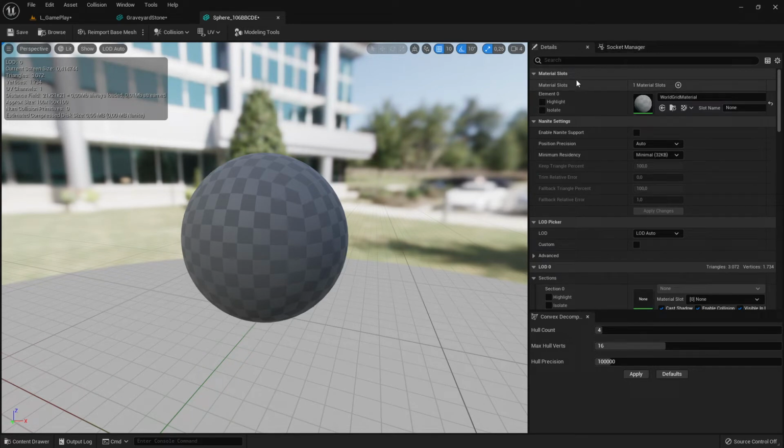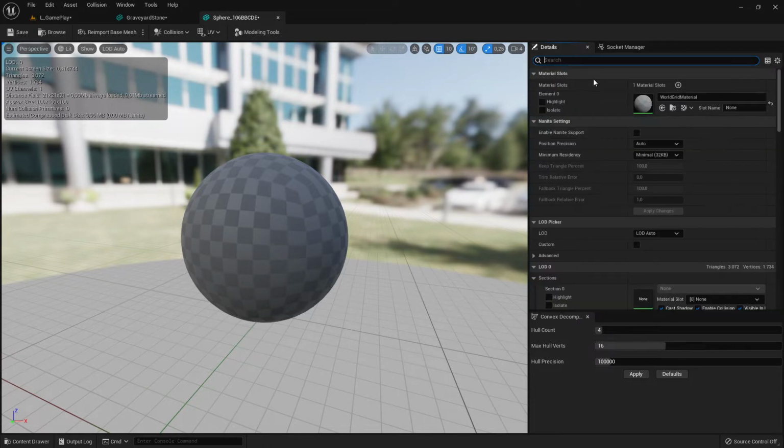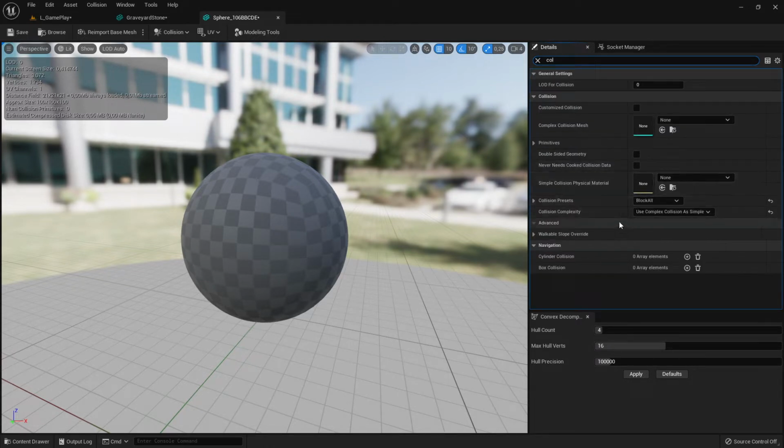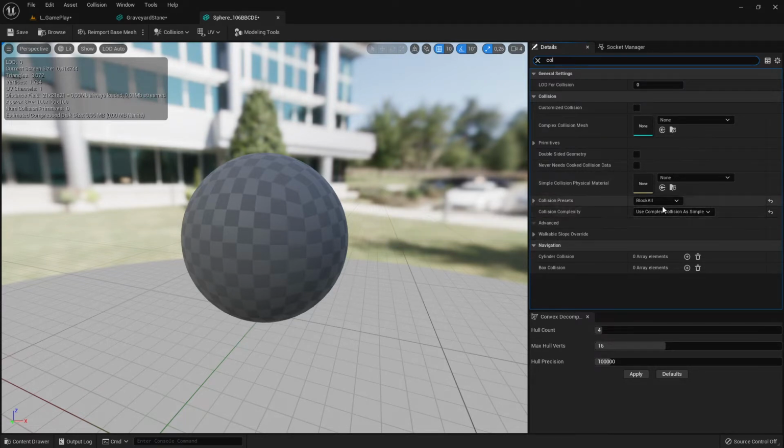That's also very important to know, that you should change this complex call. And now it set automatically all collision complexity to use complex collision as simple. And right now I try to tell you, don't use this one if it's possible, because when we watch